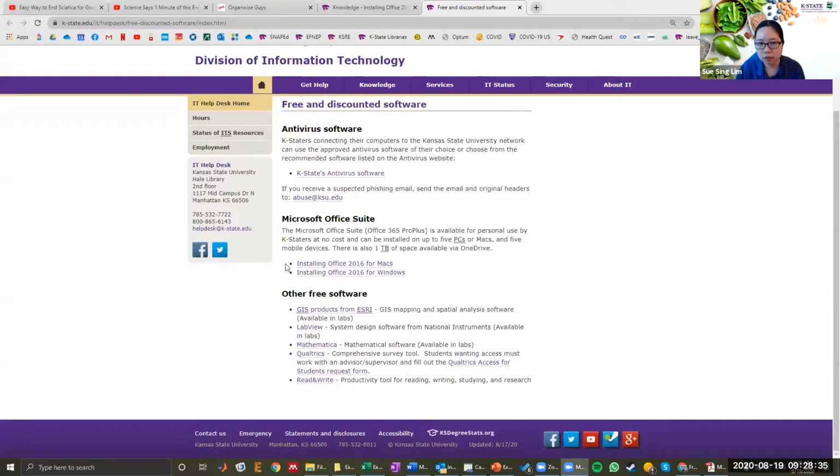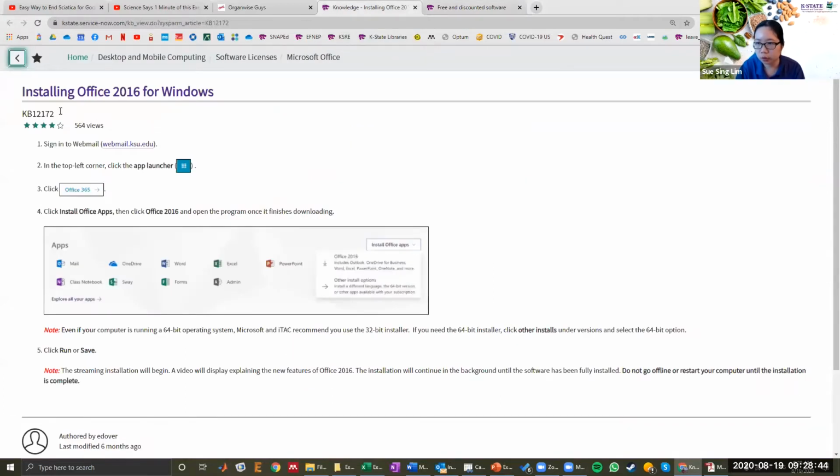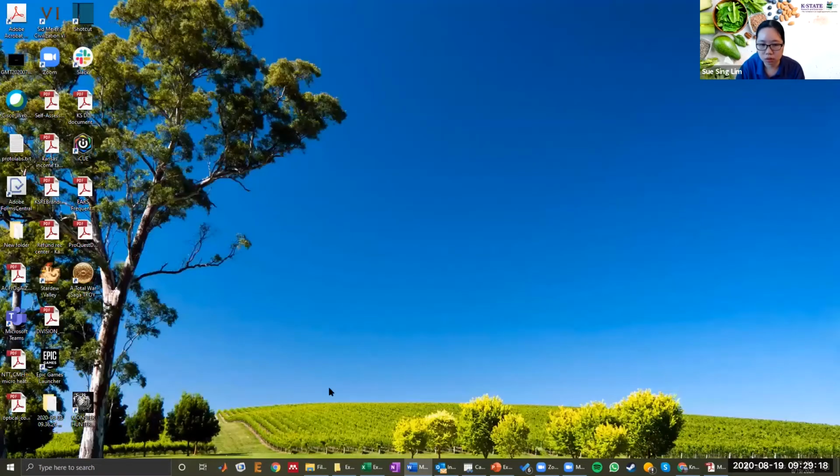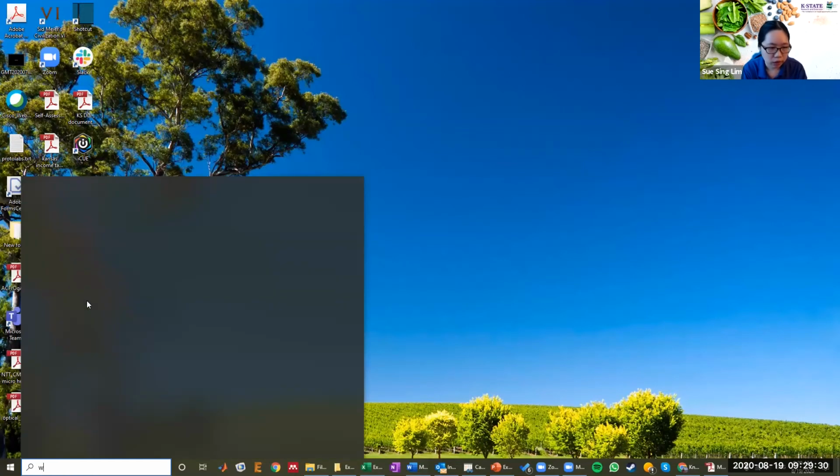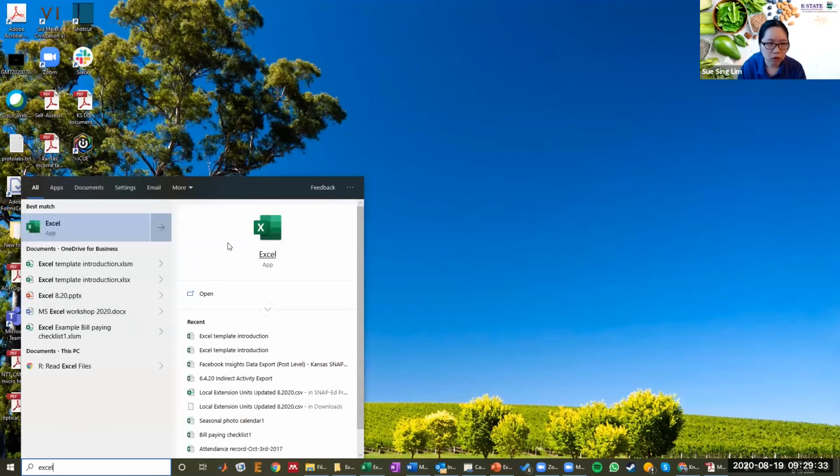So this is the second website that talks about how to install Office on different interfaces. This is the first website link. This is an example of how to install your Office 2016 for Windows. Okay, so how would you know if your Microsoft Excel is 2016? I'm using Windows 10. I'm guessing most of you are. If I type Excel here, if the icon looks like this, it's Excel 2016. Another way you know is that when you click on it,